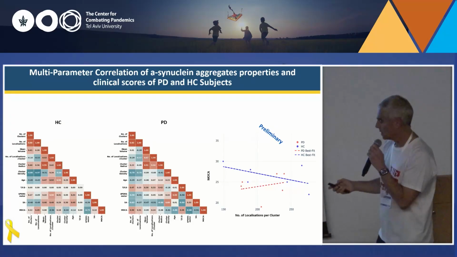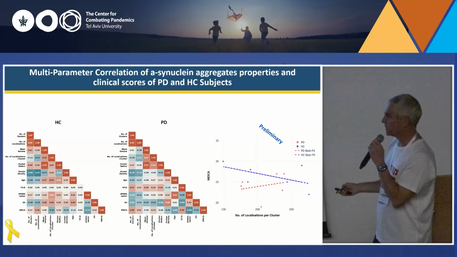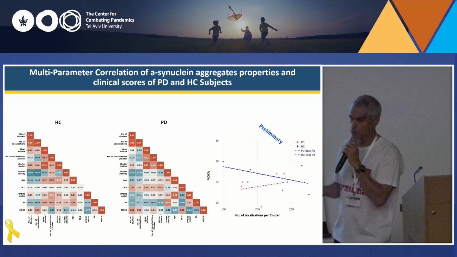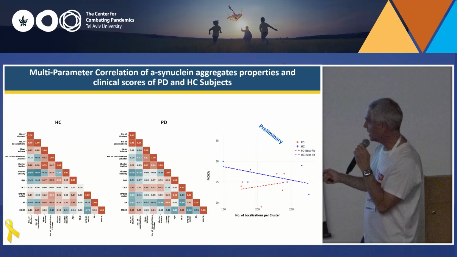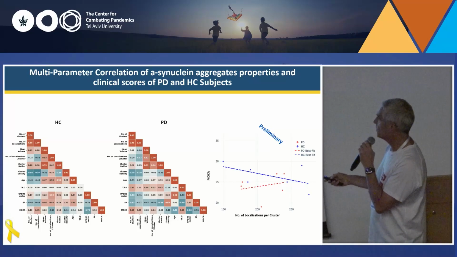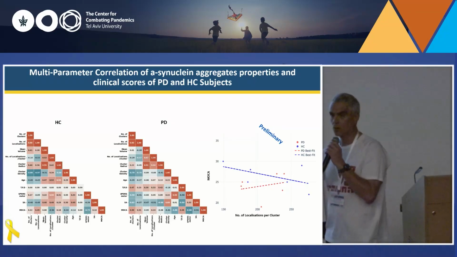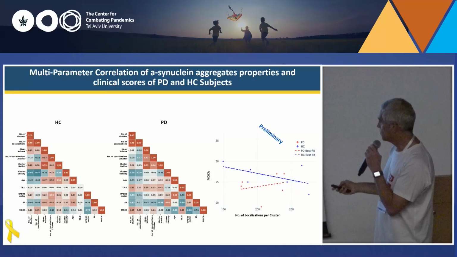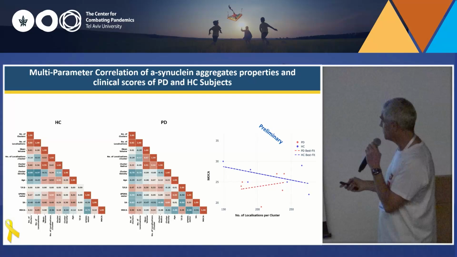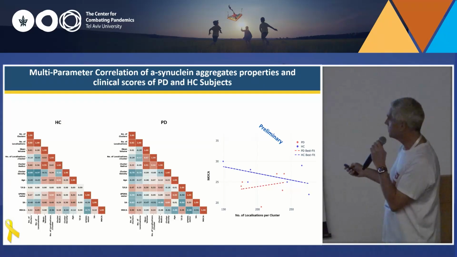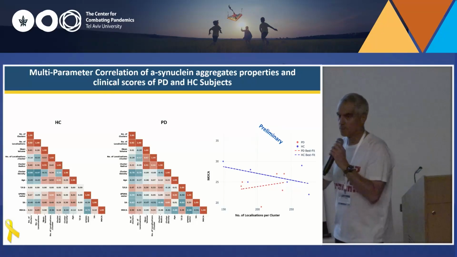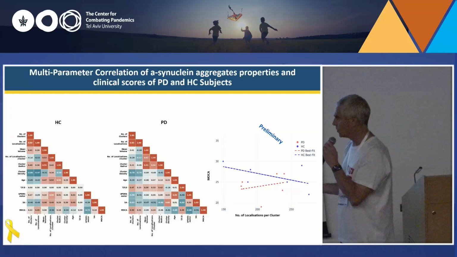What we are doing now, and for that we probably need much more patients, is trying to correlate the molecular aspect that we have with the clinical severity of the patient. So just to show you one of the correlations that we did, again with 6 patients, so it's really nothing, we compared the MoCA, which is equivalent to the cognitive ability of the patients, to the number of localizations per cluster, and we found that there are different correlations for Parkinson's disease patients and for healthy control, and we'll try to do it for many more patients, and by that hopefully be able maybe to predict also the severity of the disease.